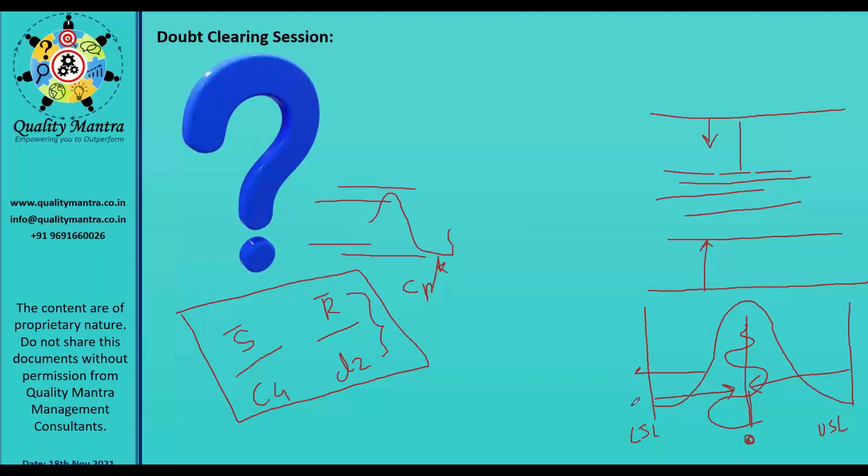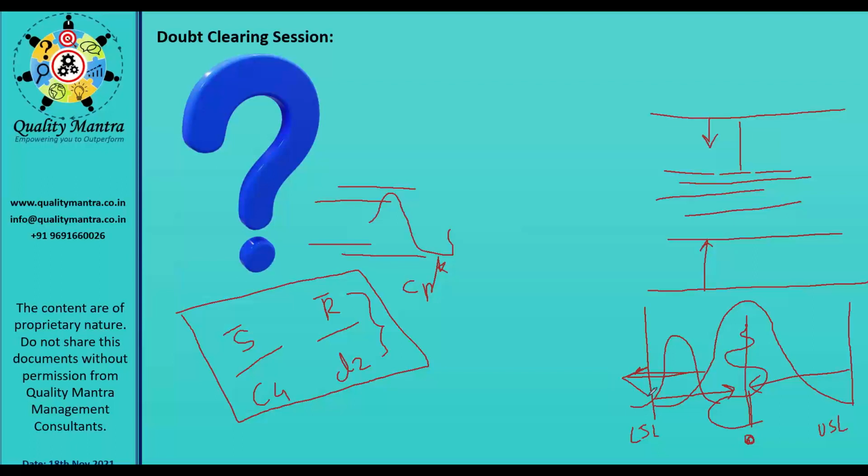But if you run on this side, and your control limit is outside, maximum points go out of specification limit and maximum defectives will be generated. Your CPK will be nothing, it will be lesser than 1. So many rejections will be there. So the basic requirement is that your control limit needs to fall within the specification limit.